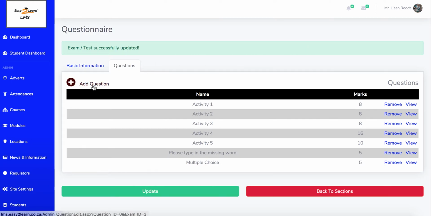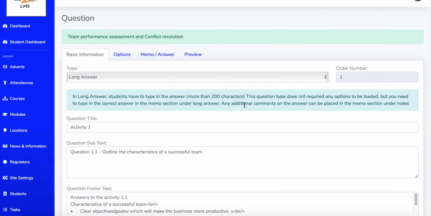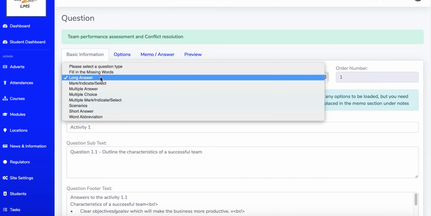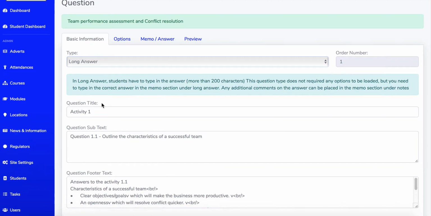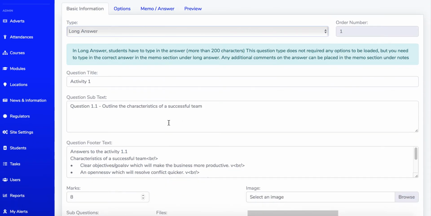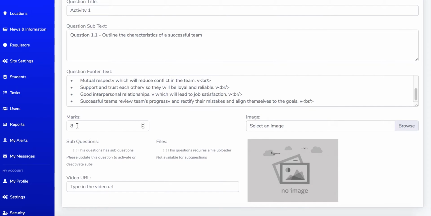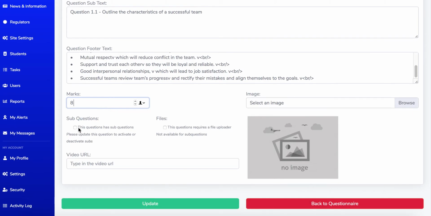To add a question, you'll have to click on add question, and then you should come to a screen that looks like this. You'll need to choose the type of the question from the drop down, the title of the question to be added, any subtext to the question, and then additional information as well. Then you need to add the total marks to the question,